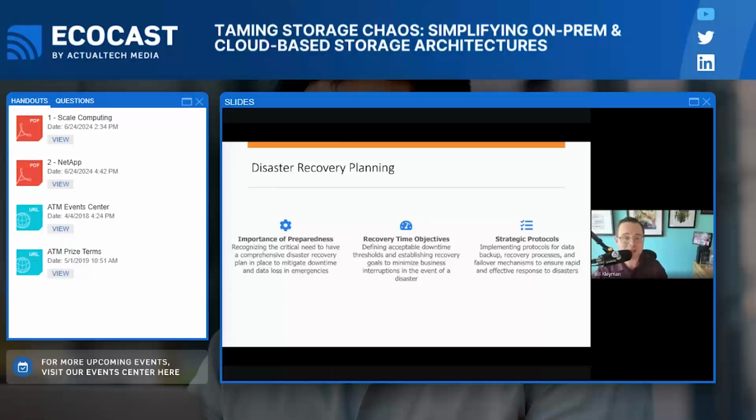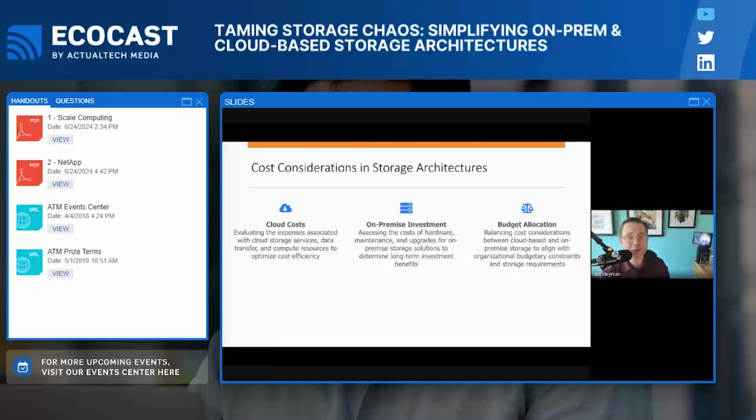Now, when we start to take a look at an overall architecture, cost and storage architecture, this is a pretty big one. So cloud costs, on-premise investments, and budget allocation. Please don't just gloss over this because FinOps, financial operations, their entire job is to quantify and qualify the cost of cloud. How much does it cost me to deploy this thing on site versus, for example, in a major cloud provider? You need to be able to understand this because, again, bits and bytes have a place to live, sometimes in the cloud, and sometimes it's supposed to be on-premise within your facility. Use storage systems that help you better understand what is supposed to live where.